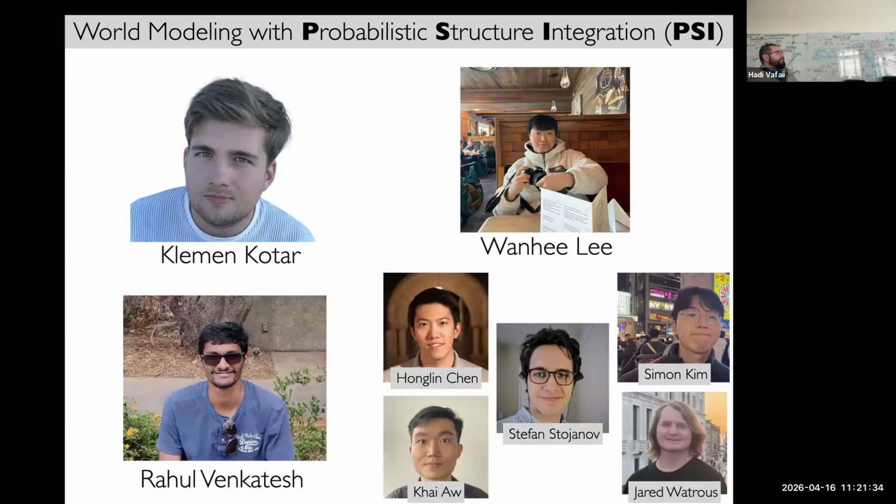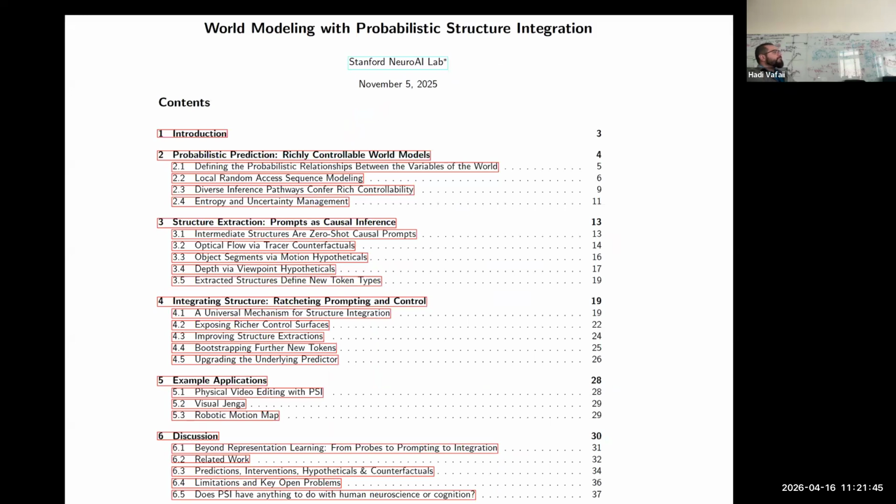So one of the main persons here is Clement, and that's why I wanted him to come with me, because he's really the leader of this project. But lots of other folks from my lab contributed as well. There's a long paper about this, which you can read at your leisure if you were so inclined. Normally I don't like to put out basically monographs because they're long, but I thought this case was an interesting one.